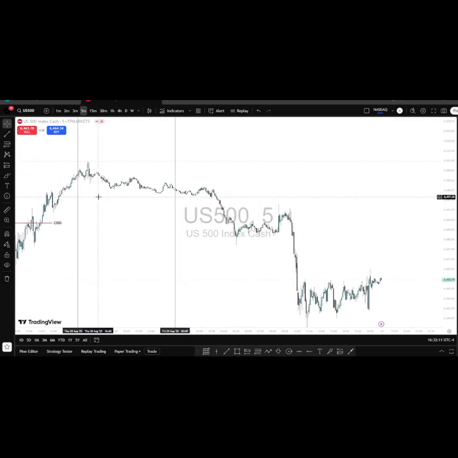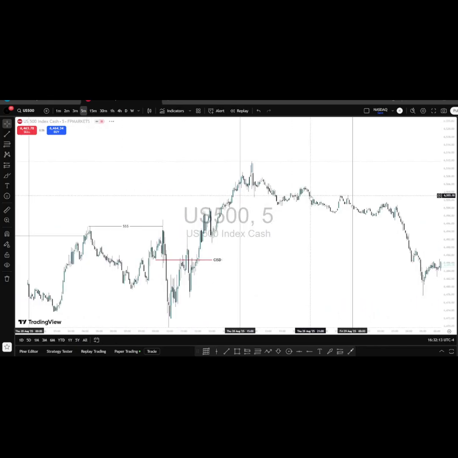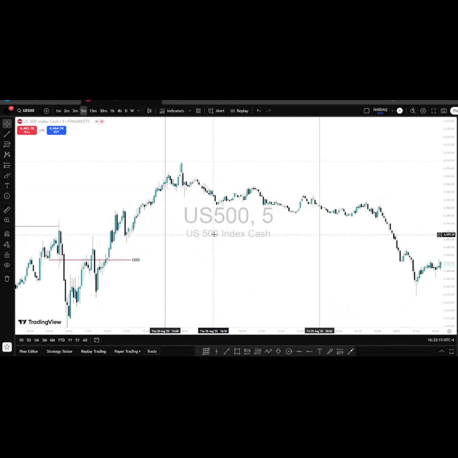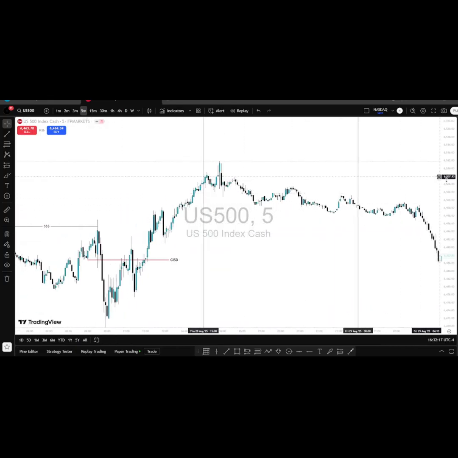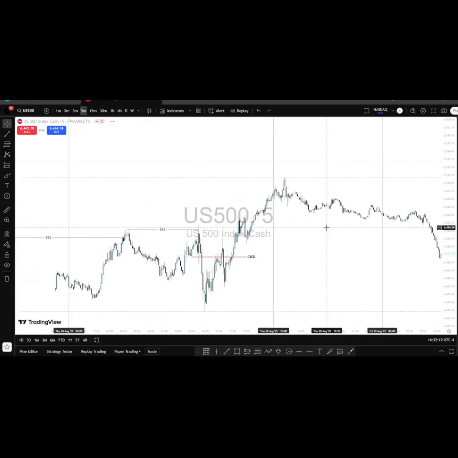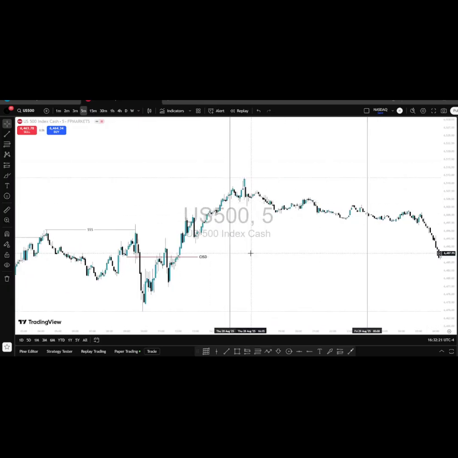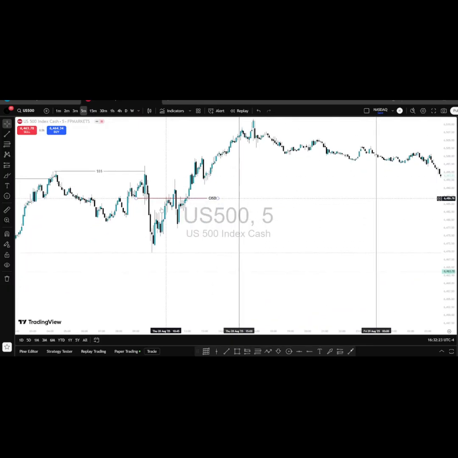Remember that after a losing trade you always go in with lower risk. Okay, so I came on US 500. I noticed that we had already retraced into 50% of the displacement leg that had occurred, but